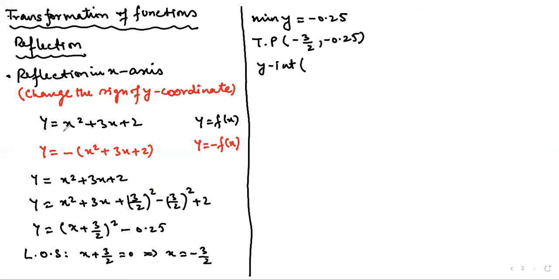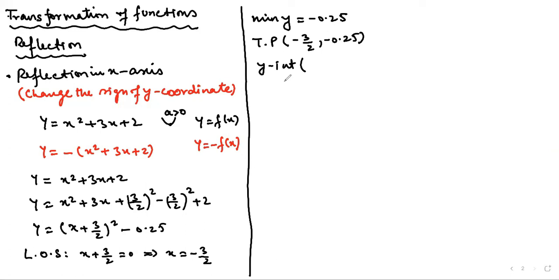When a is positive, the coefficient of x squared is positive, the shape of the curve is a smiley, and there is a minimum value of y. If a is equal to 1, the shape of the curve is a smiley, and the curve has a minimum value. If a is negative, then the shape of the curve is a sad sign and the curve has a maximum value.